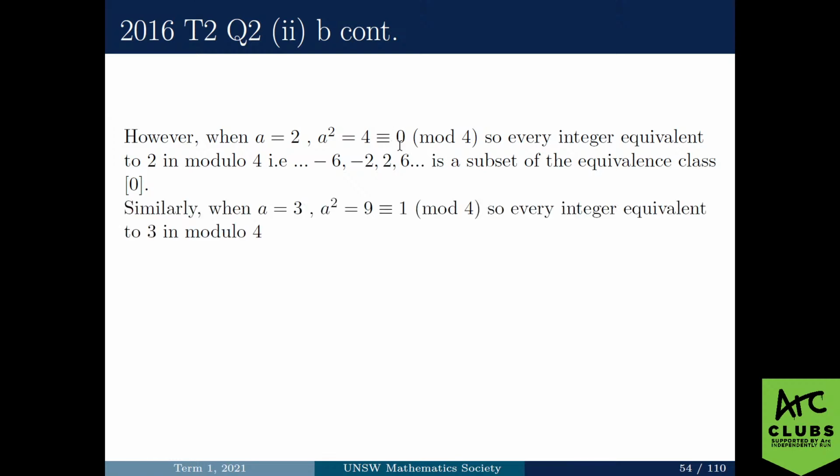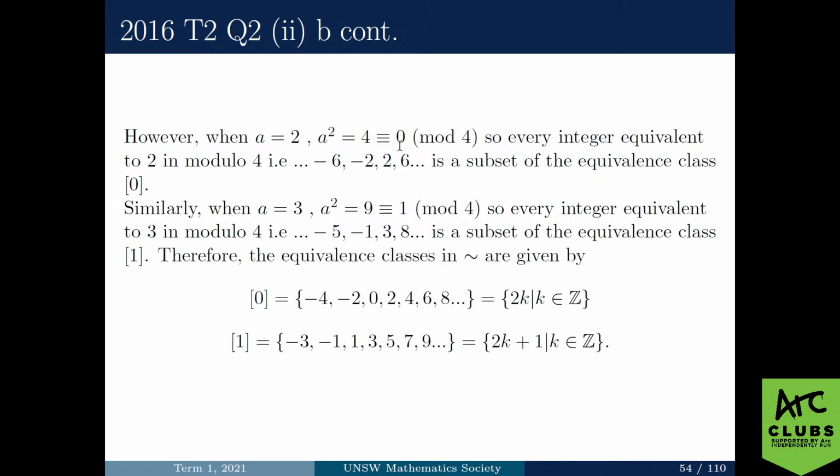And that means similarly when a equals 3, a squared equals 9, which is equivalent to 1 in modulo 4. So every integer is equivalent to 3 in modulo 4. And again, we found a repeat, right? Because when a equals 1, a squared is also equivalent to 1. So we can see that here,